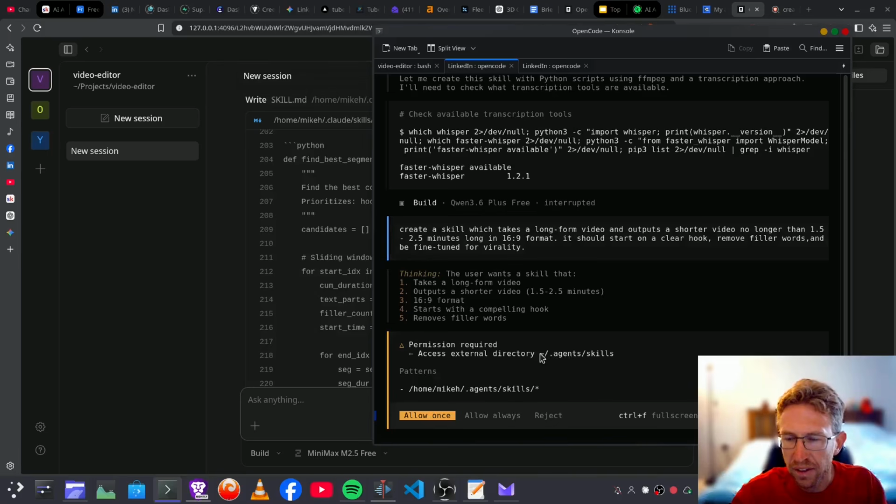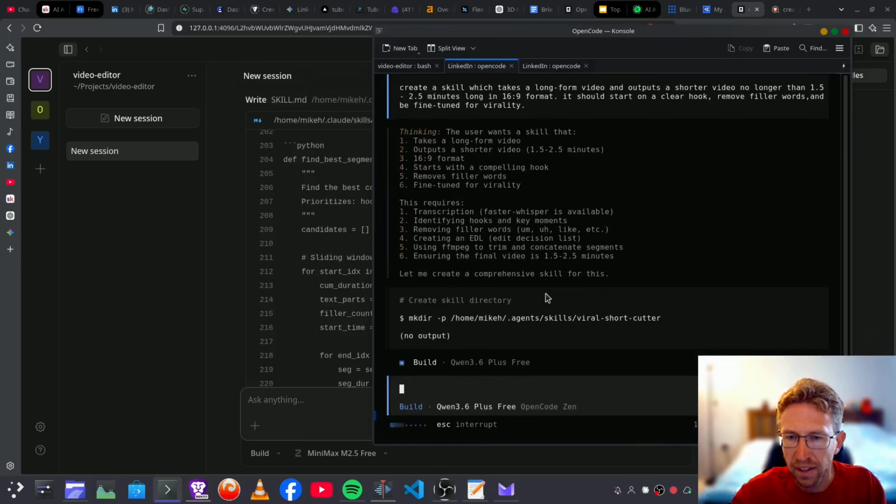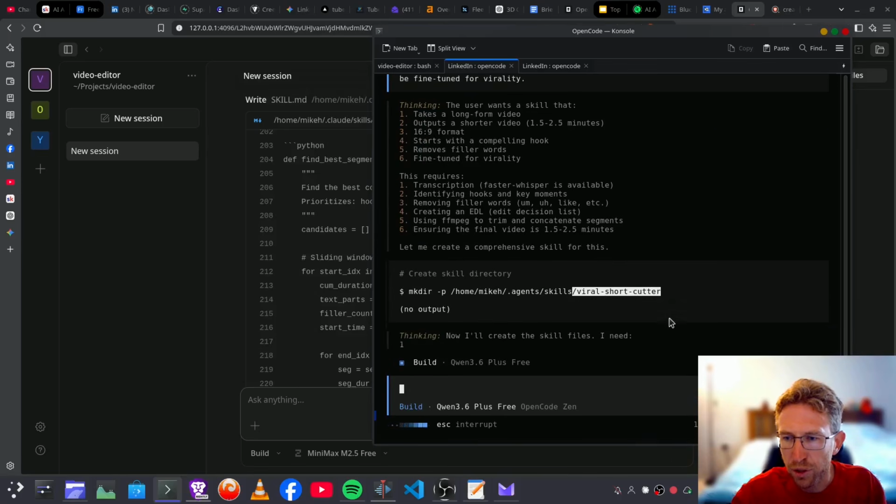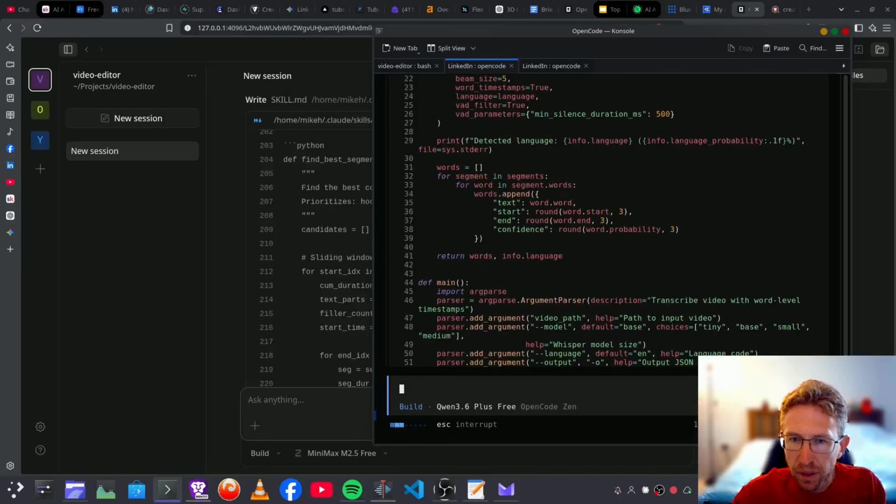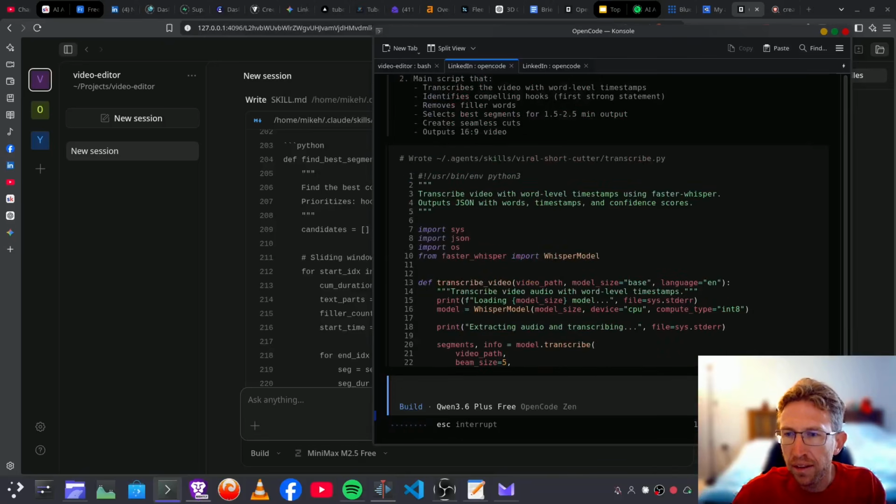And you can see here it's now creating it in the correct directory for OpenCode, so we're going to go ahead and allow that. And you can see it has the skill. It's called the Viral Short Cutter. And within a few seconds, it has now created the transcribe.py file, which is a Python file, in order to transcribe the video with word level timestamps using faster Whisper, and then it's going to output the JSON with words,